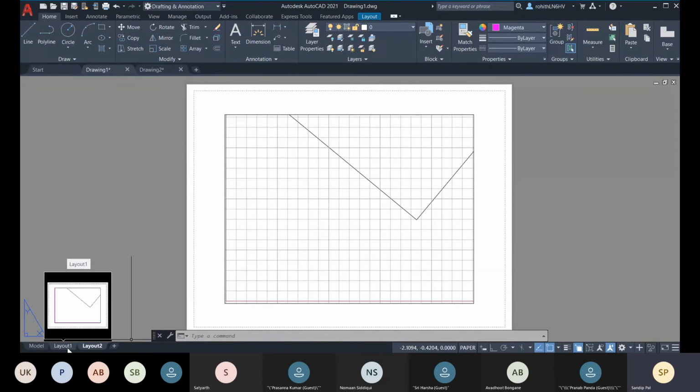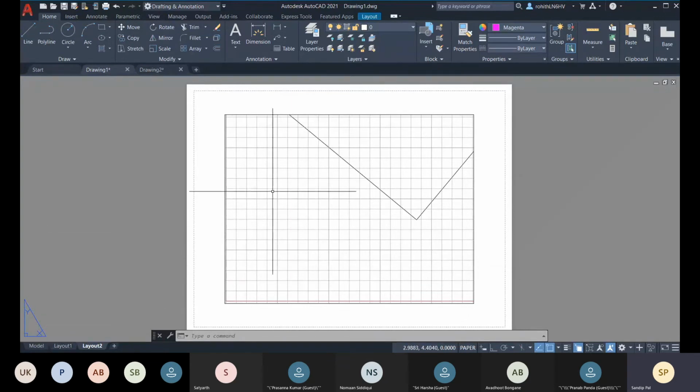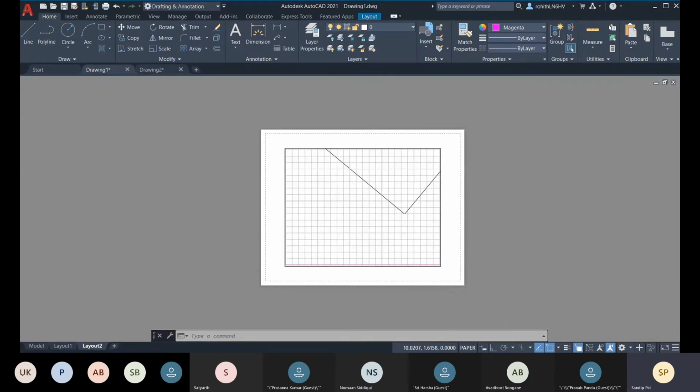So that is why we have two layout tabs. This layout tab is for paper space. This space is called paper space, and this is the finite space. As per your paper length and width, you have the space area.